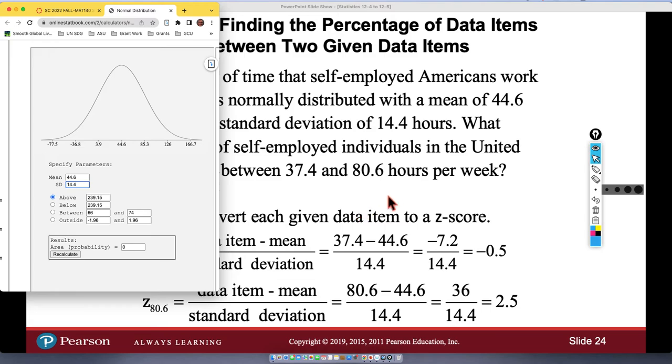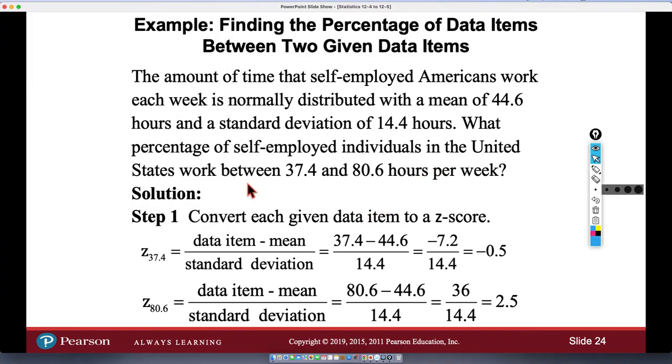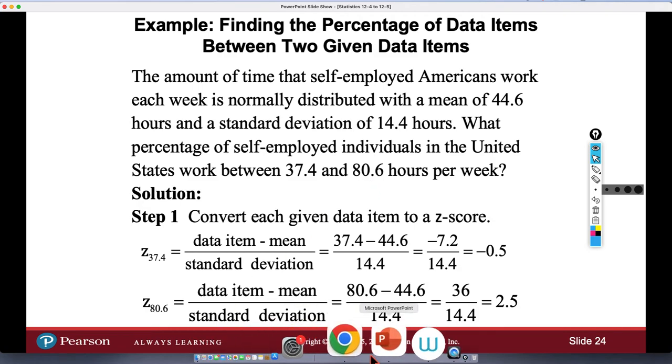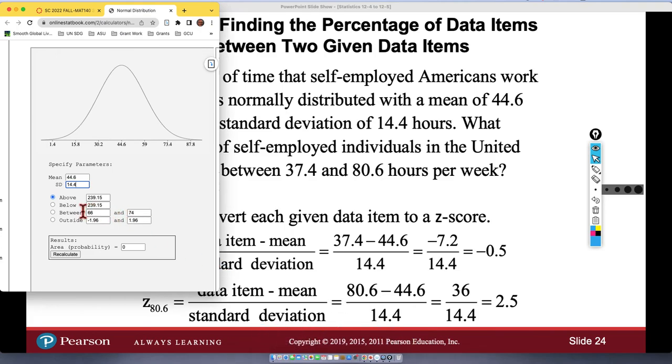And then if we want to see, watch, United States, what percent work between 37 to 80 hours, we just put those numbers in here. We don't have to go through finding a z-score. We just realize that we want between two numbers, so we chose that one, and then we put in the numbers